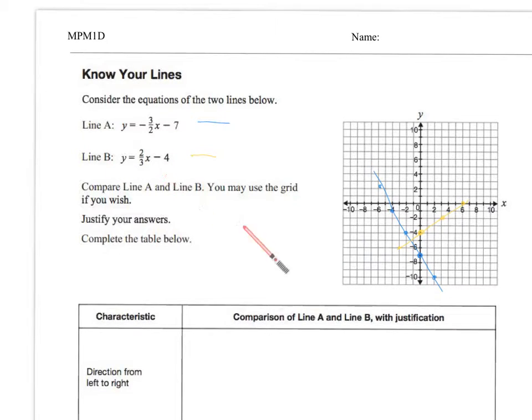Similarly, for the second one, I'm going to start at negative 4, and according to the rise and run, I'm going to go up 2 over 3, and I can keep repeating that, up 2 over 3, until I've drawn